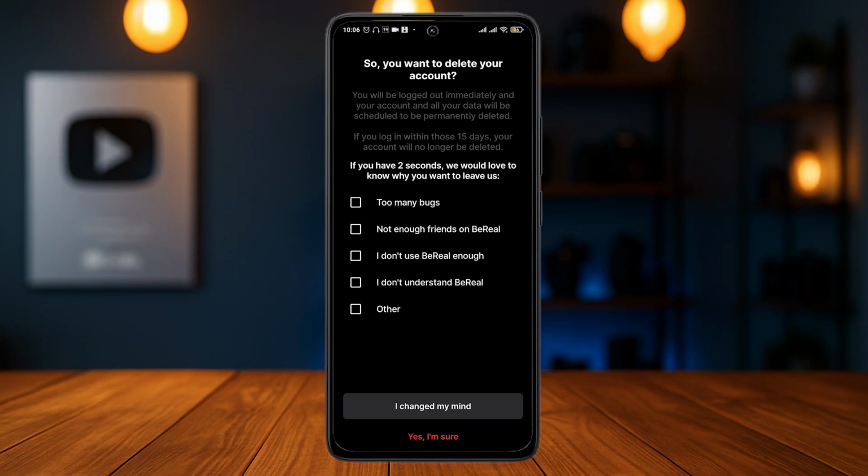Now this is not a permanent deletion. If you tap on yes, I'm sure, your account will still be active for 15 days unless you again log in. Only then your account will be deleted. So if you change your mind within 15 days, you can again log in back and then your account will be reactivated. It says right here you will be logged out immediately and your account and all of your data